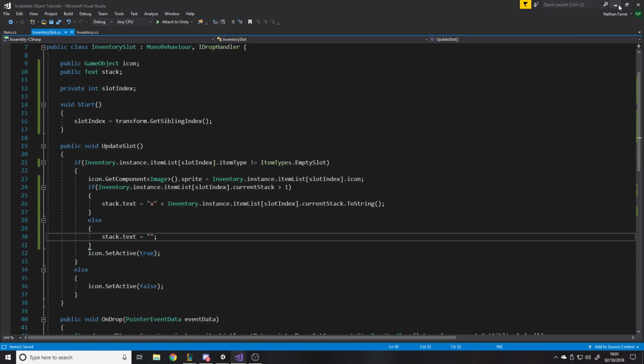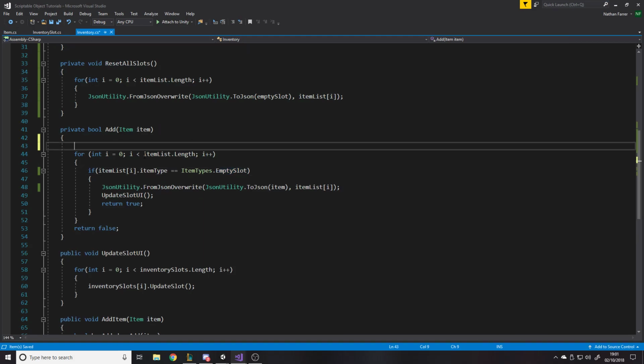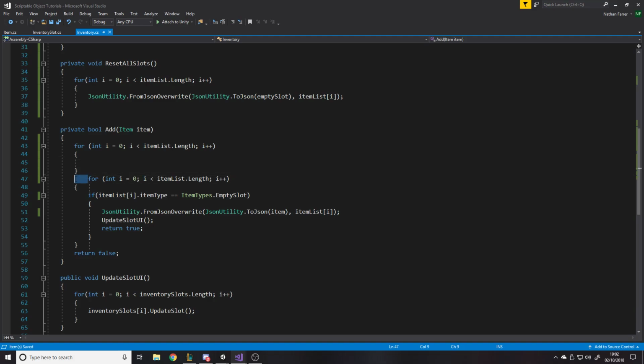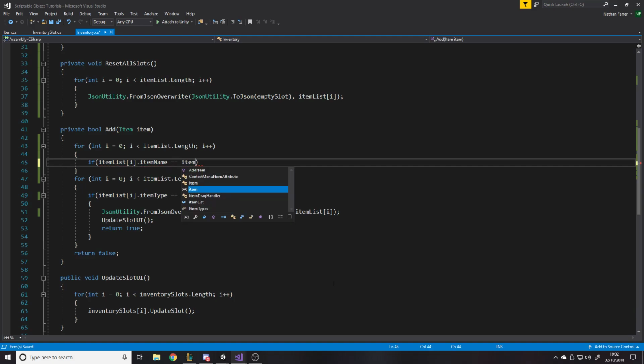So there we go. And now when we add an item to the inventory, before we do any of that looping, we want to do another loop, which is the same. So for that, boom. Whoops, I messed that up. So we want to loop through them all, and we want to say if item list I dot item name is equal to the item passed in dot item name,